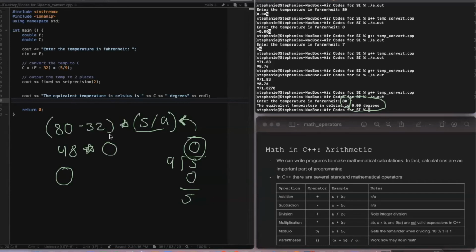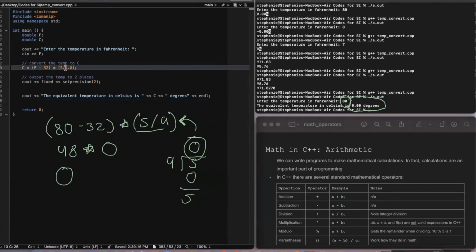Well, the issue that I had here was my 5 and my 9 were both integers, and thus I performed integer division. So instead, what I'm going to do is I'm going to make one of these a double. It doesn't matter which one I choose, as long as something in the expression is a double, it will now start doing the double floating point math. So now it's going to give me the correct expression here. All right, there we go. So we made one thing in the expression a floating point. This is going to translate into a floating point for the expression. And now we should not be getting